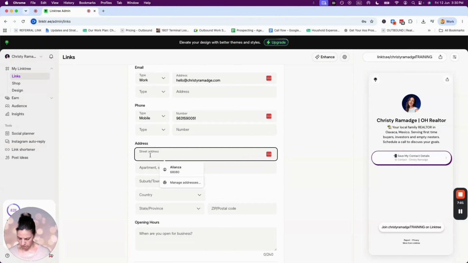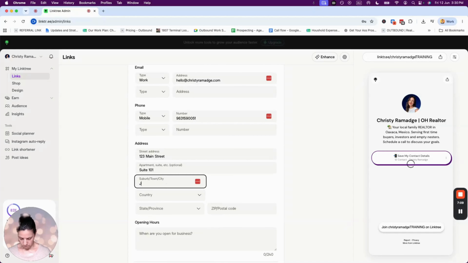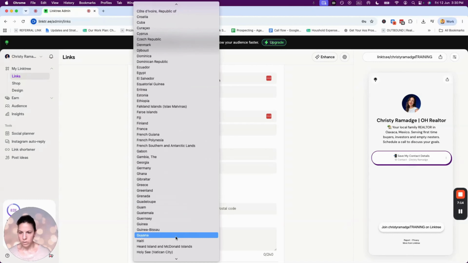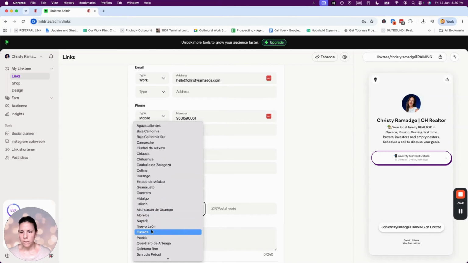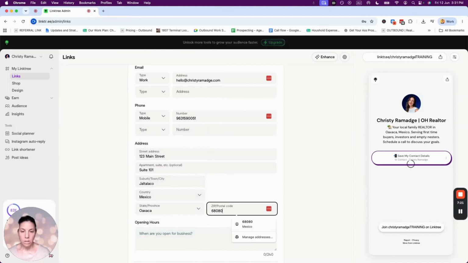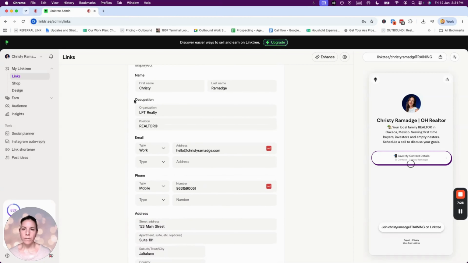okay, your address, and then, okay, which your country. And this is great, right? So just put as much as you're willing to show people. Because what will happen is when someone saves the information, so I feel like this occupation section is really important. You can put your first and last name, but if you meet someone out in the wild and they can't